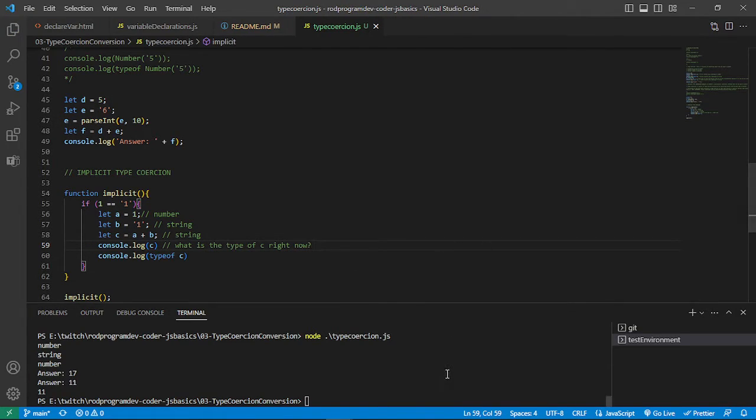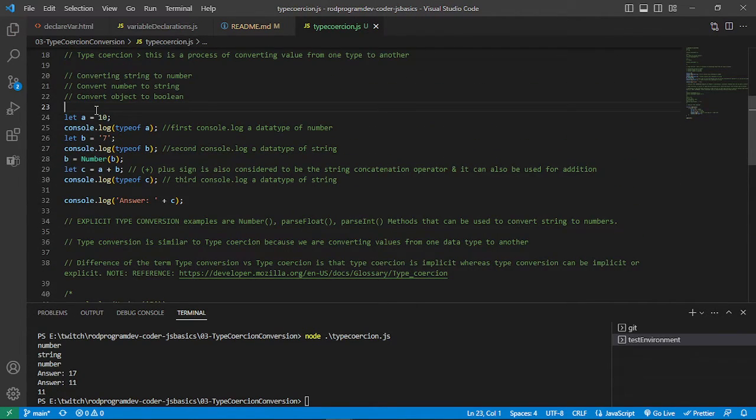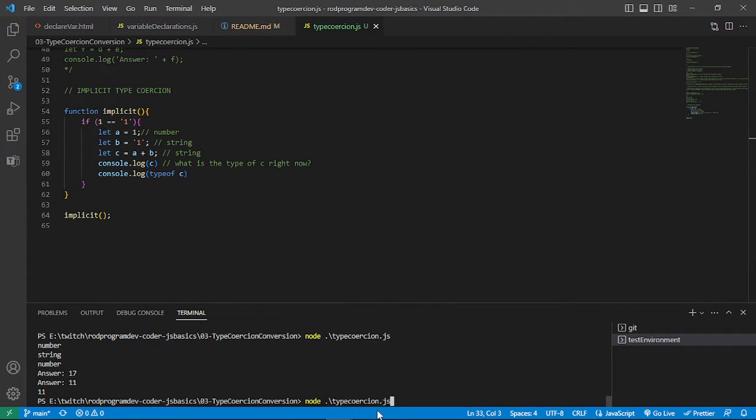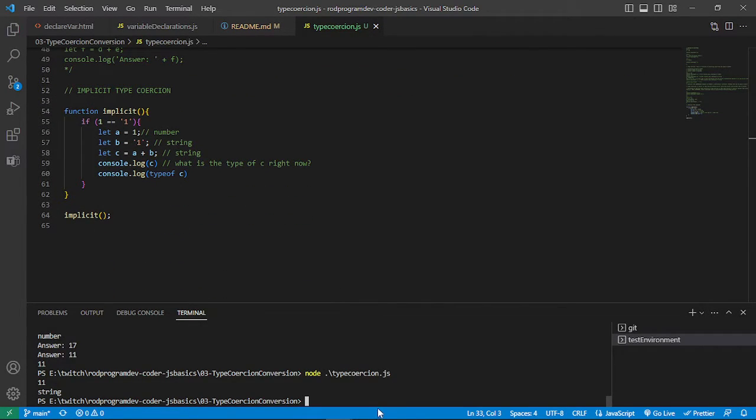That's a question that we should be asking, right? Excuse me, let me just comment this out just to clean some things out here, just to have some testing of what's happening right now. We're getting a string for the type of C, and that is because we are implicitly